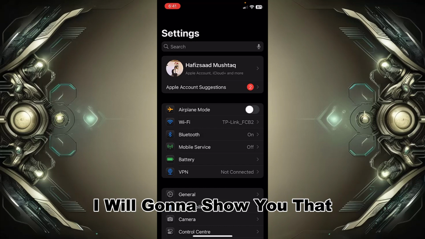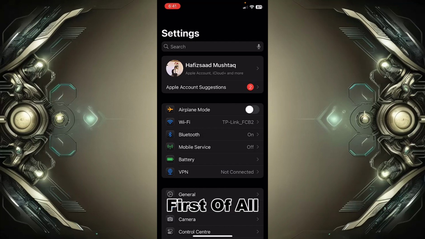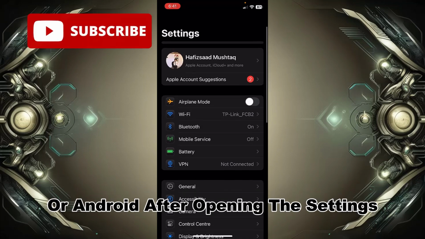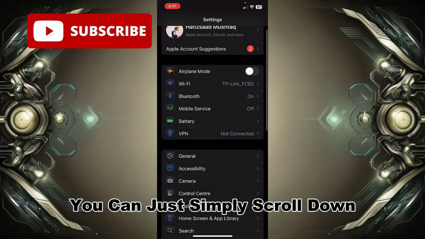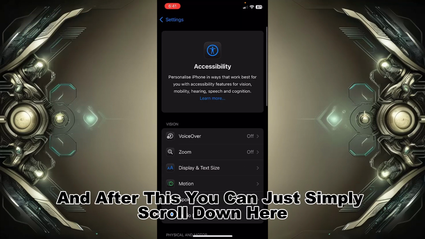In this video, I am going to show you how to make text bigger on Snapchat. First of all, you can open the general settings of your iPhone or Android. After opening the settings, you can simply scroll down, tap on Accessibility, and after this you can simply